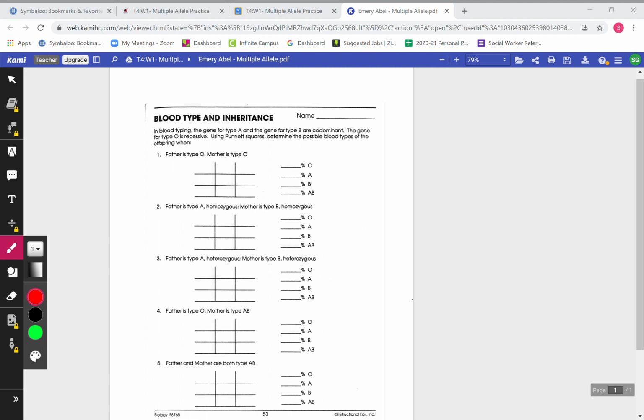Okay, so when we look at this, on the first one, I didn't finish reading. O-type blood is recessive, we know that. AB is dominant. Using the Punnett square, determine the possible blood types of the offspring in the problems. So father is type O, mother is type O. Remember I said O is recessive, so we will put the parents on